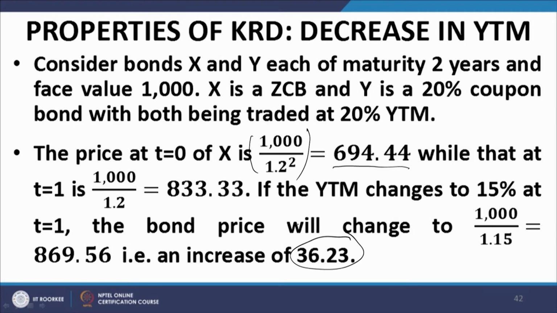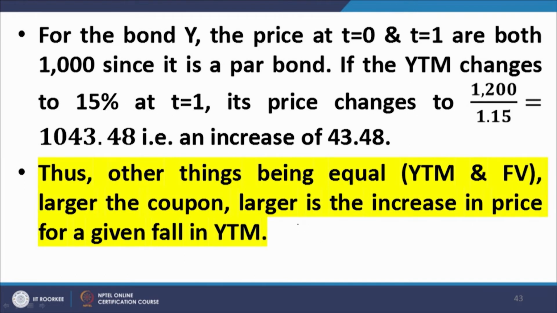That is, there is an increase in price corresponding to a 5% decrease in YTM of 36.23. For the bond Y, what happens? The price at t equal to 0 and t equal to 1 are both 1000, since it is a par bond, and if the YTM changes to 15% at t equal to 1, its price